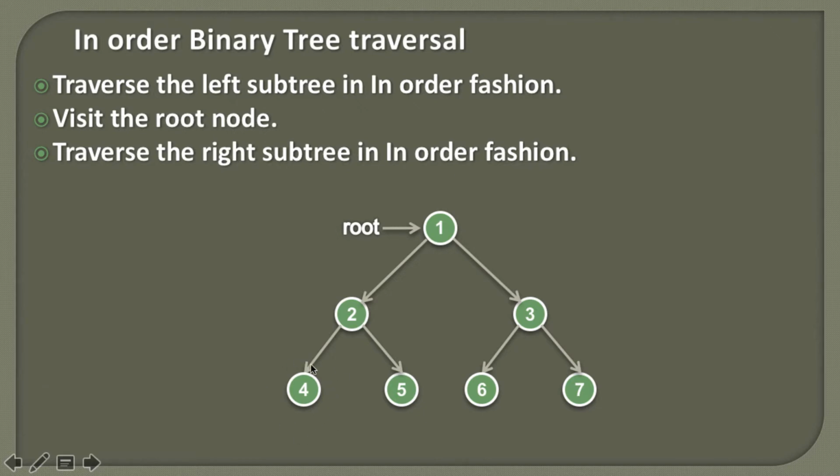Once we reach the node 4, we apply these 3 steps on the node 4. Before processing the node 4, we traverse to its left subtree, then we process the node, and then we go to its right subtree. Node 4 has no left subtree, therefore we are done with the processing of the left subtree. After that, we actually visit the node. So the first element we visit is the node 4, and after we are done with the node 4 we go to its right subtree, and we know that node 4 has no right subtree, therefore we are done with the processing of the node 4 completely.